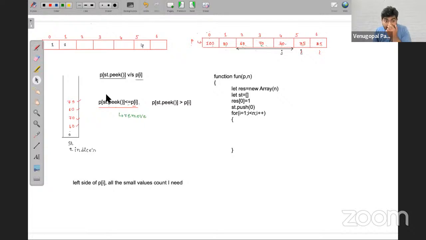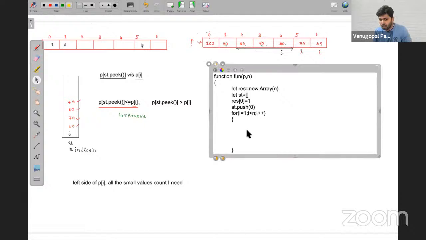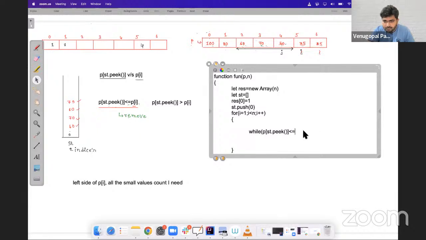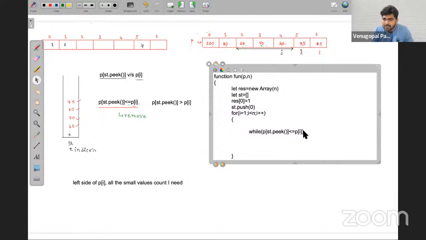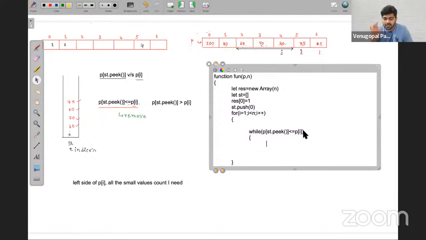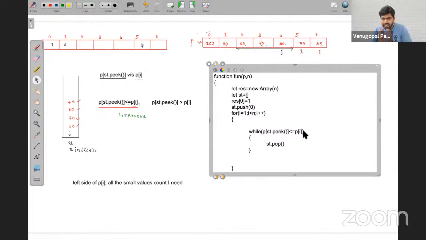Now, as long as you found these elements inside the stack, please remove those from the stack. What I'm doing here, while price of st dot peek is less than or equal to price of I, if this condition is true, then you remove elements from the stack. Simply st dot pop. Okay, is this clear?